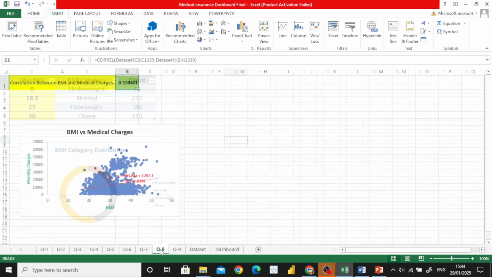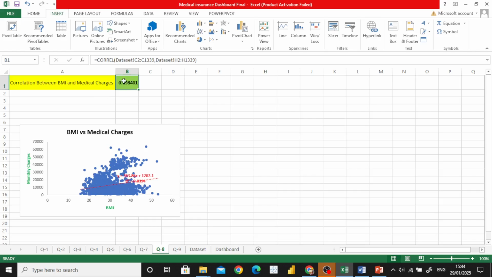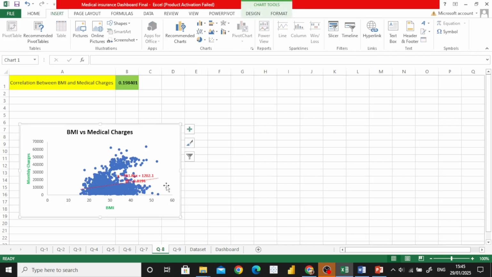For that, write a formula: this is showing the BMI column range, and this one showing the medical charge range. Then the correlation is 0.9, but this is the positive one, and you just have to add one